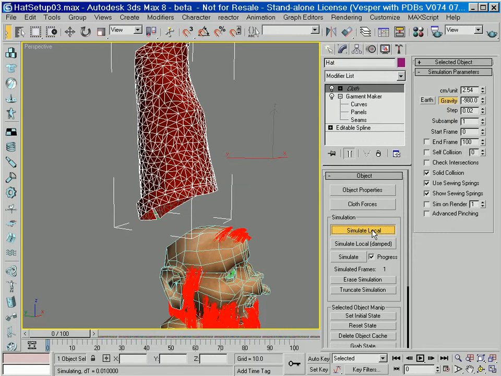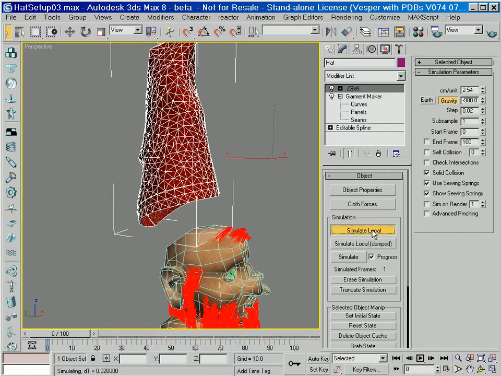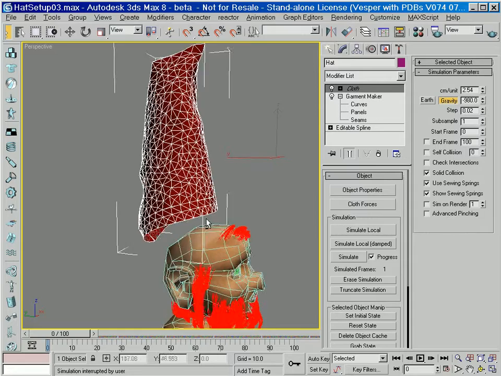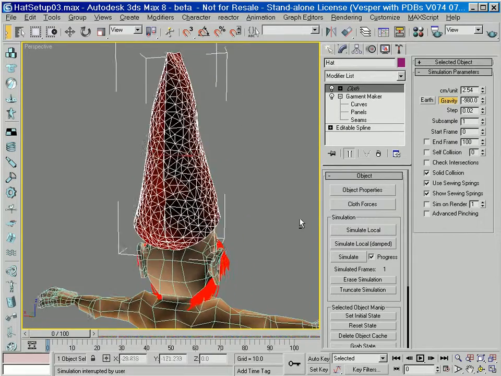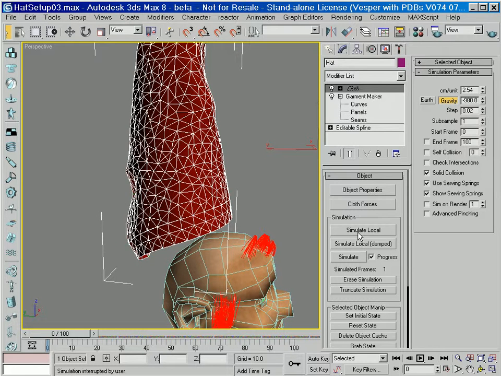You can see that as we do this, the sewing springs kind of stick it together and the hat starts to drop. Once it's dropped a little bit and it looks like the sewing springs have pulled it together, click on Simulate Local again to stop it, and just uncheck Use Sewing Springs. Click on Simulate Local again